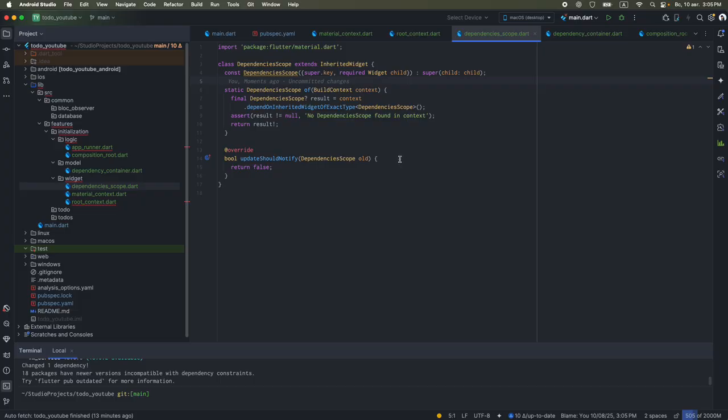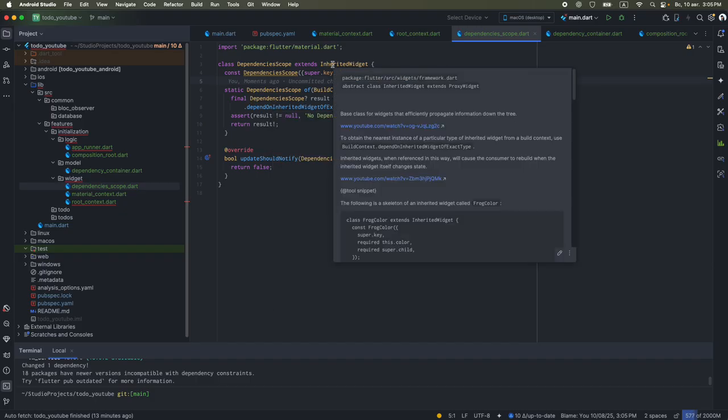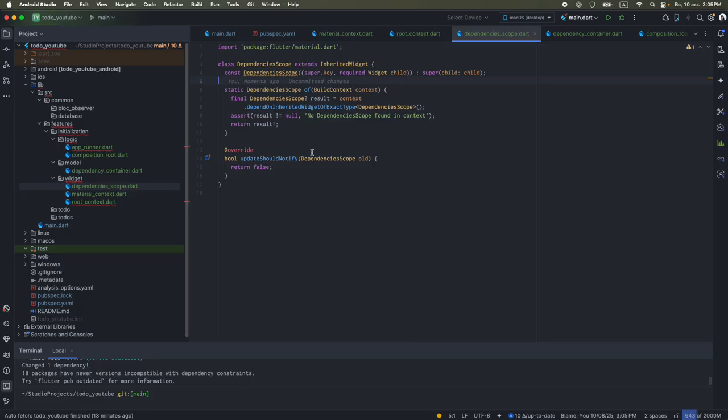There are a lot of questions that you may ask. Dependency inherited widget is kind of like widgets that pass anything that you have down the widget tree. So that is why